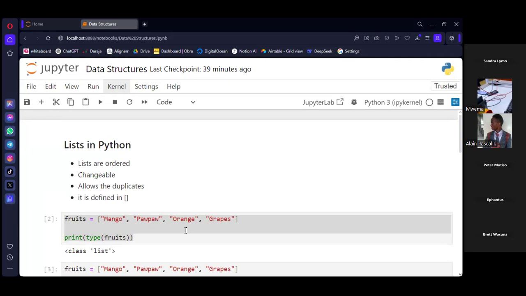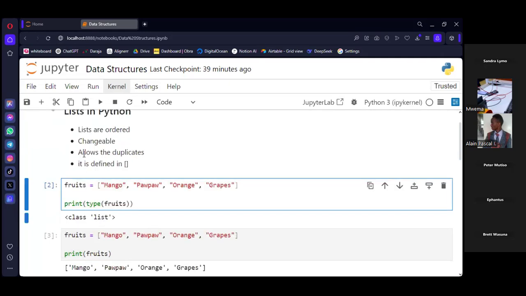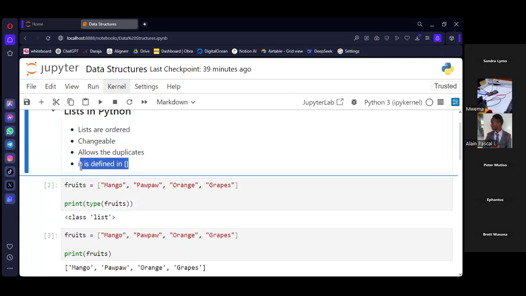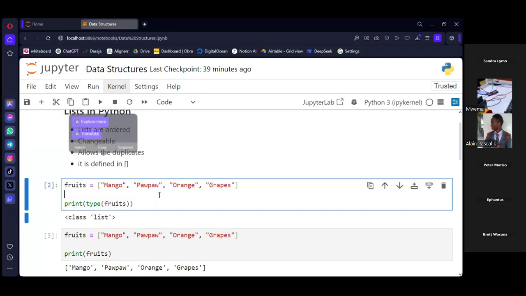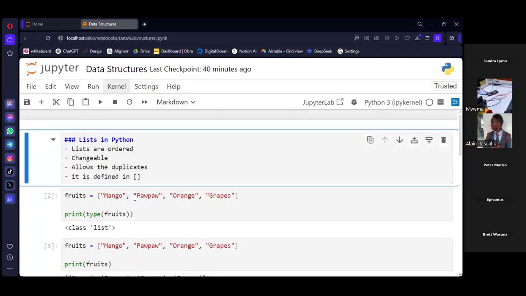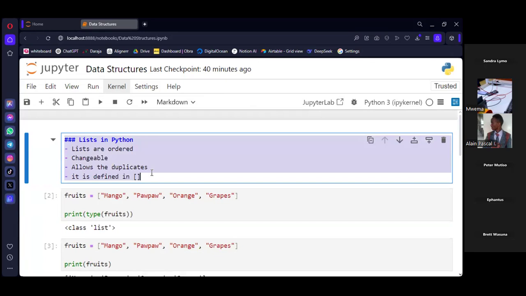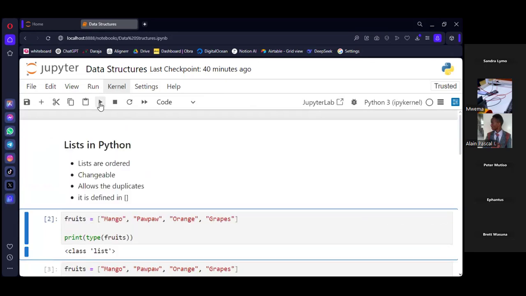I think it's clear now because we have demonstrated that. And also, it allows duplicates. It is defined in square brackets. So these are the attributes or characteristics of a list. Once you master these characteristics, you'll be able to know how to work with such data structures.